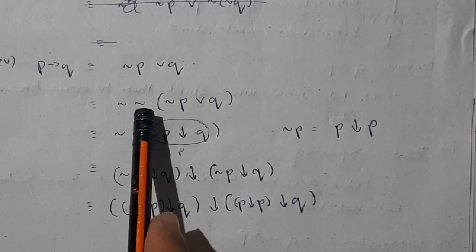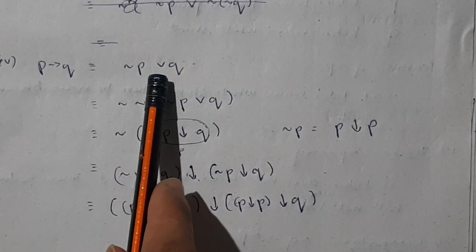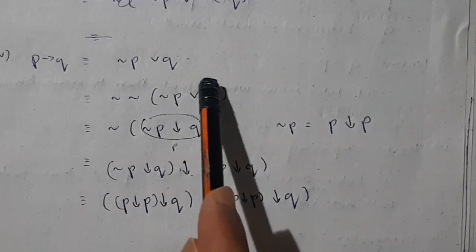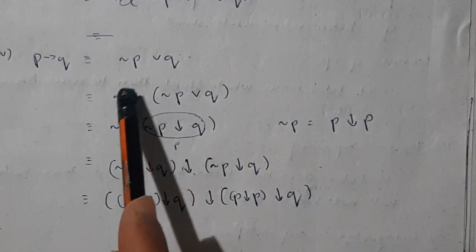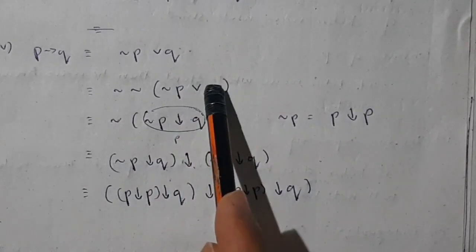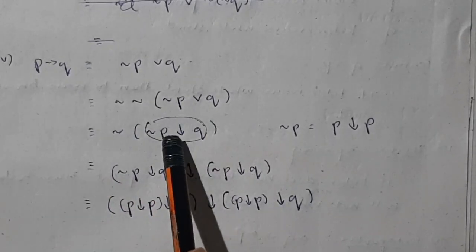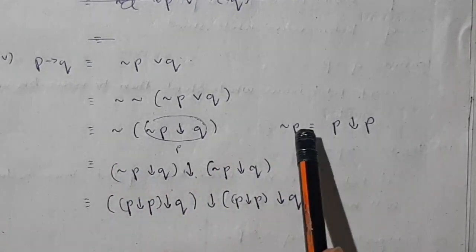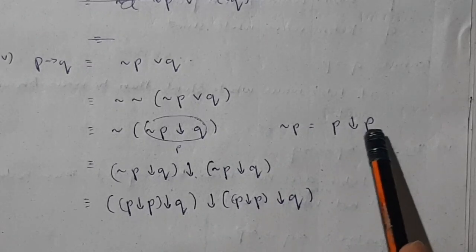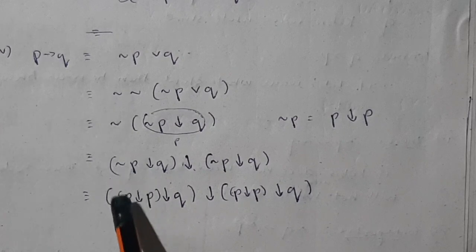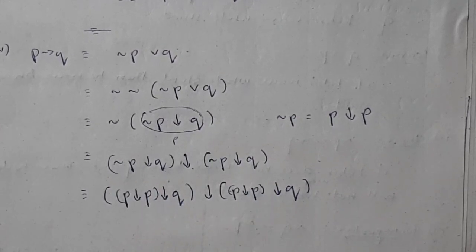This conditional is a bit different. In this you have to take double negation first. First write the conditional equation in this form, and then take the double negation. Now you can take this as one term and this as one term, so this is not of something or something, so that can be taken as NOR, right? Then again you consider this as one term, and this will be not p. What is not p? p NOR p, so you can write this as p NOR p. Then separately do this substitution as well.